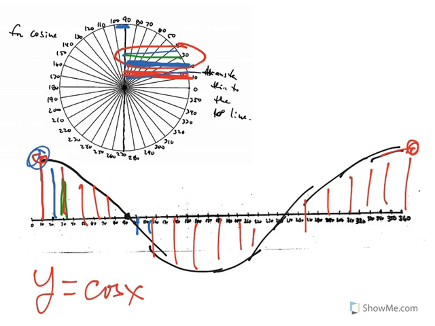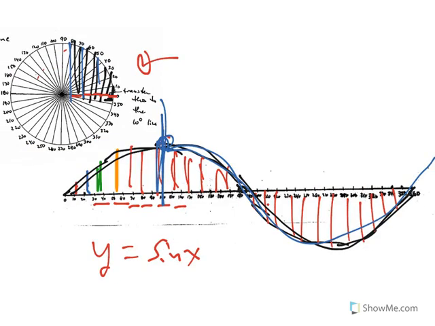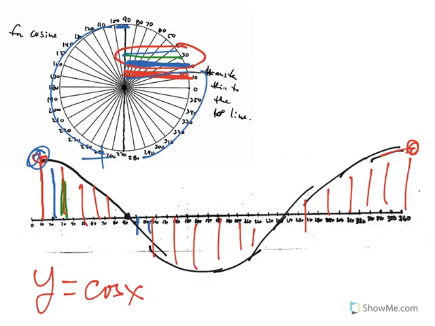Cosine starts at its highest value. It goes down to 0, and then it becomes negative for a while in these two quadrants, and then it becomes positive again. So in these two pictures, we can see that sine is positive in quadrants 1 and 2 and negative in quadrants 3 and 4. We can see that cosine is positive, then negative, then positive. And because of the symmetry, we can see various other things like if this is theta,